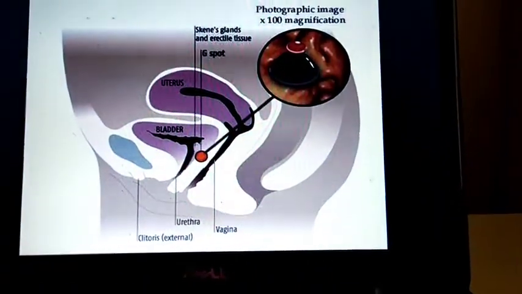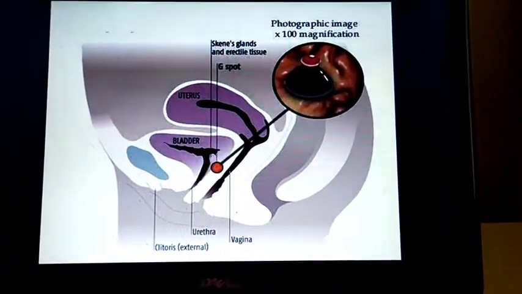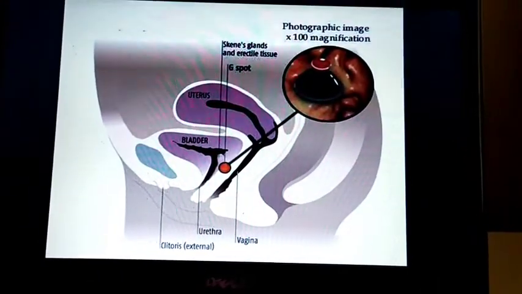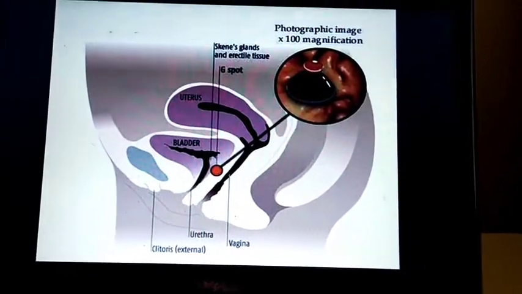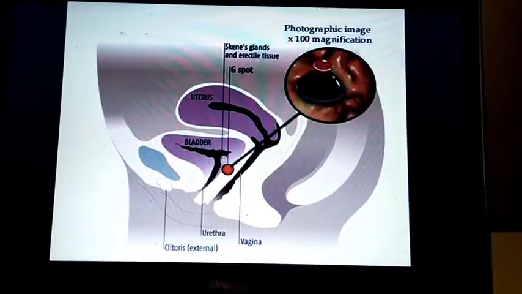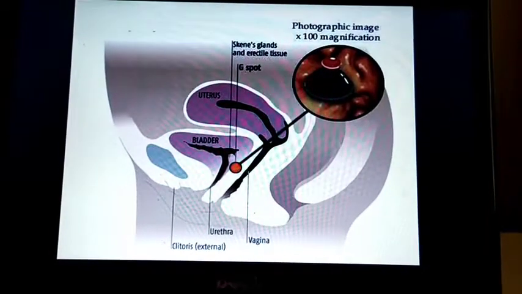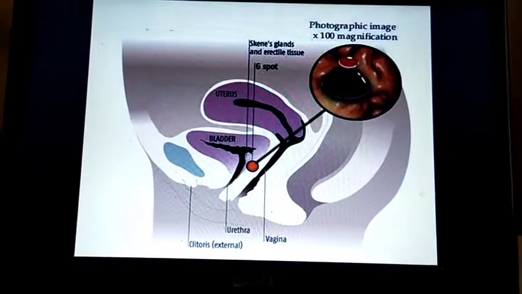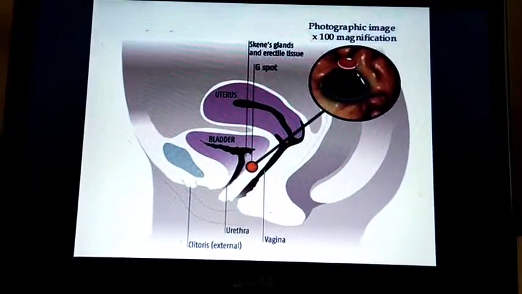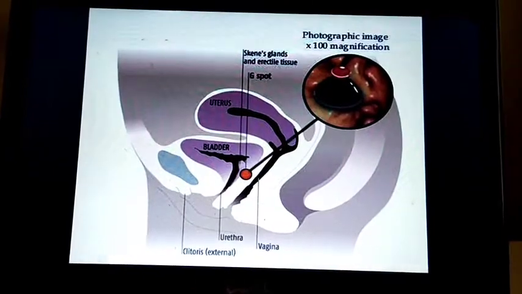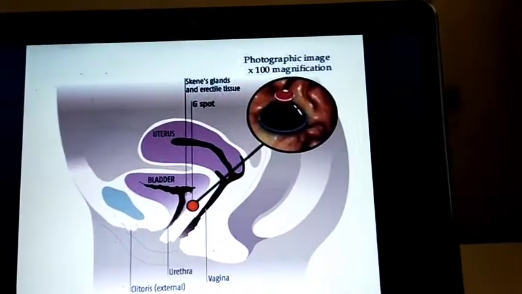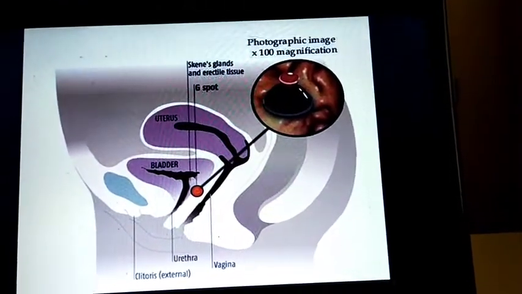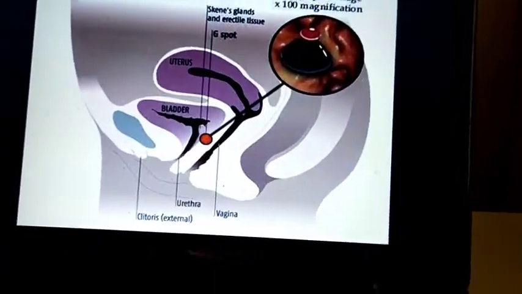Now in the female, some say that there is no prostatic gland. But in some opinion, the Skene's gland works like a prostatic gland, or erectile tissue. It works like a prostatic gland. The prostate is mainly present in the male sex organ, and it helps in the semen.